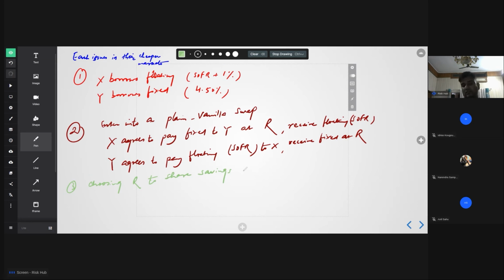So the total differential was this. I'm explaining extra so that this sticks to your head. The total differential was your 60 bips, which is 0.6%. Let's say they split evenly. I'm assuming they split evenly, so they pick R halfway between excess